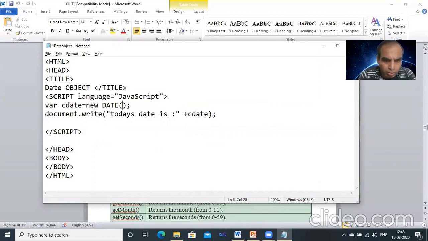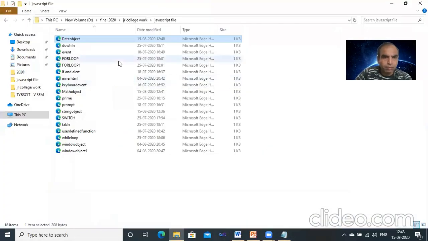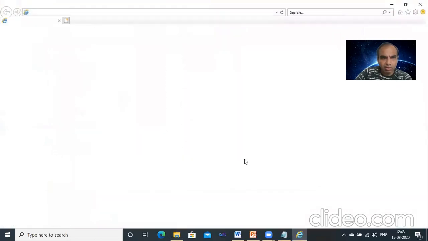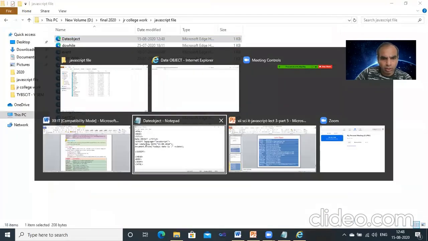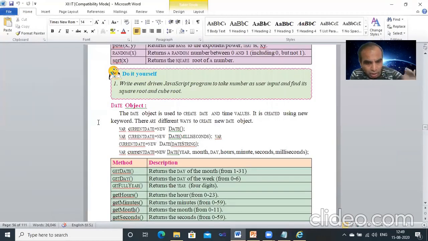So you can write here, suppose, new Date 15th. File save, let's see what happens now. Now right click, open with Internet Explorer. Now what happens? Some problem with the examples. Let's see. Okay, we will read first of all, see the theory, and after that we'll continue.